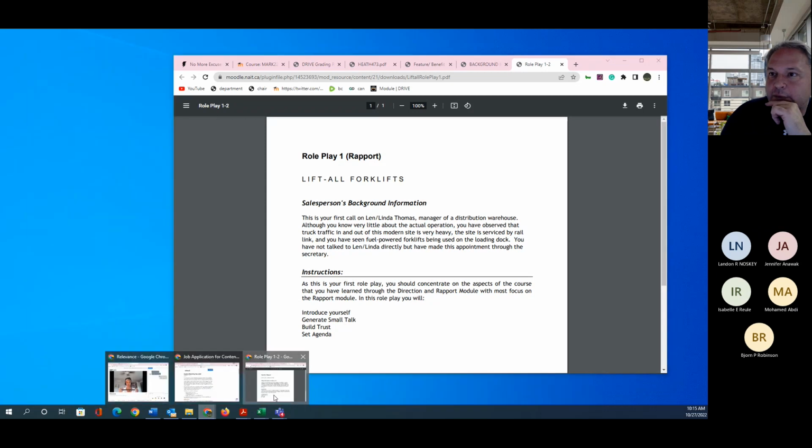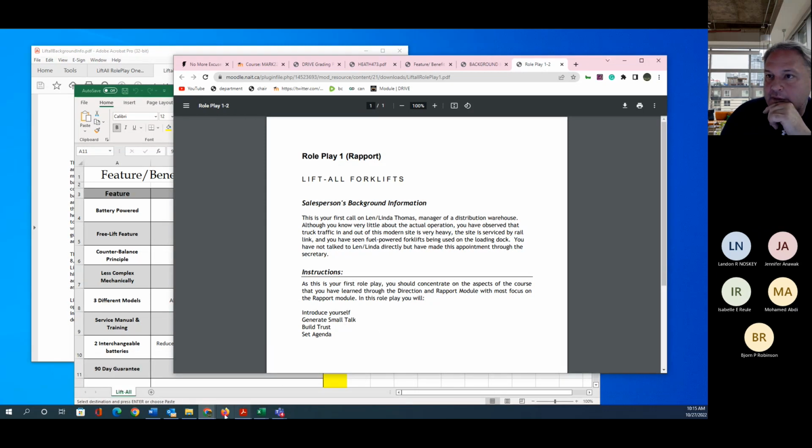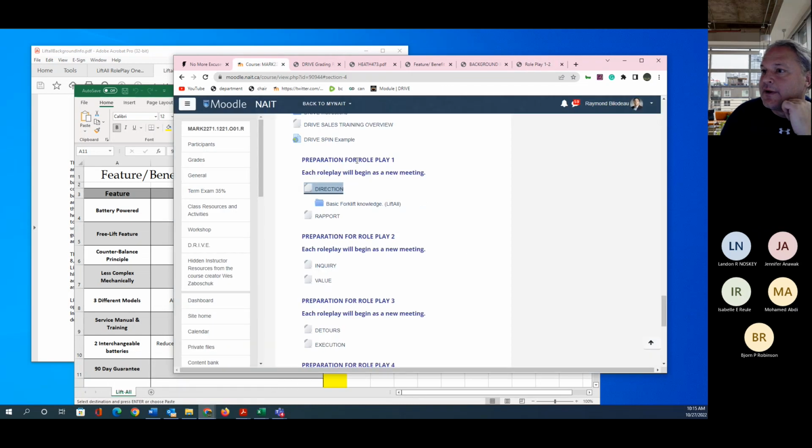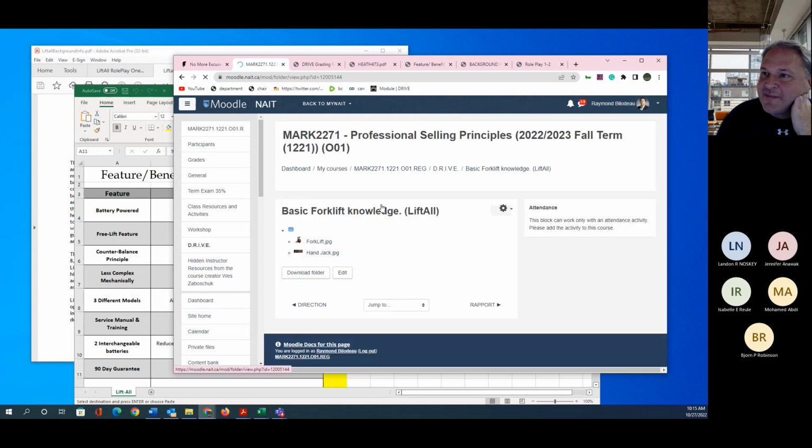Then, boom. Hold on. Did I lose my page? Here it is. All right. So that's role play number 1, direction rapport. I've also provided a couple extra things for you here. So I'm not expecting everyone to be a forklift expert. So I've provided some information here about forklifts and